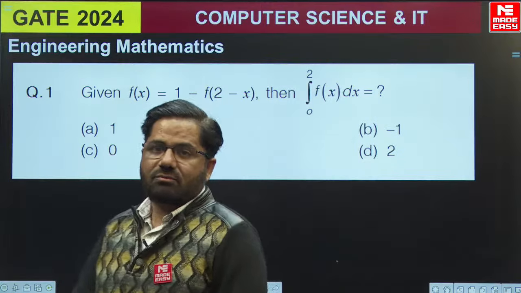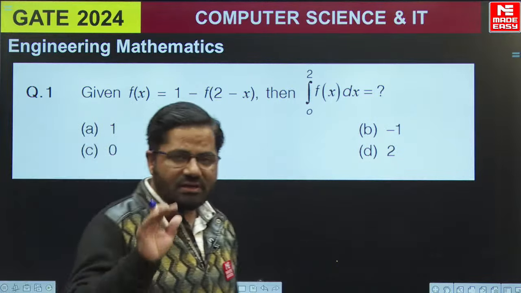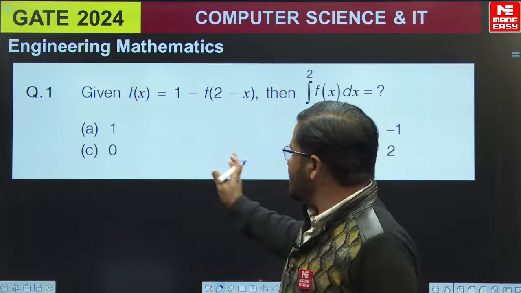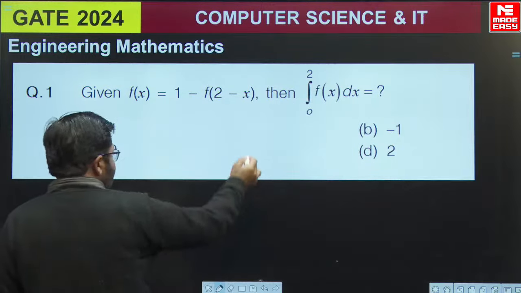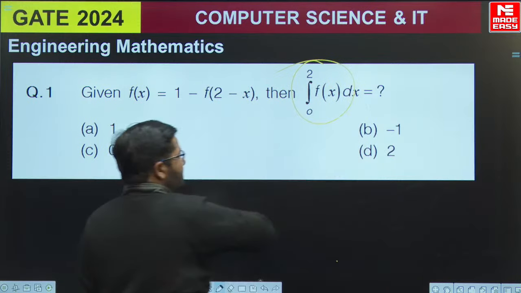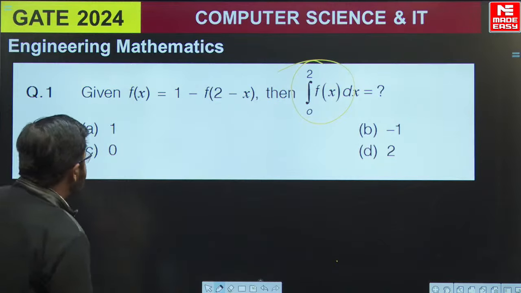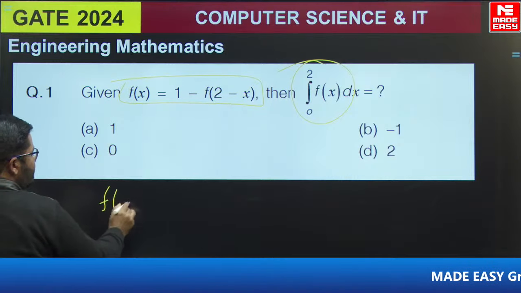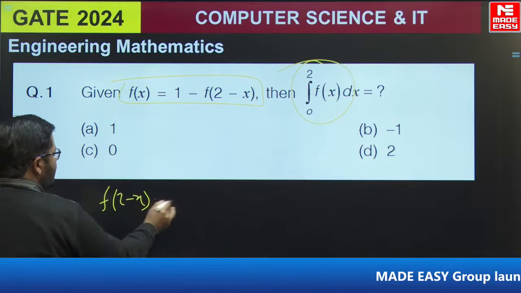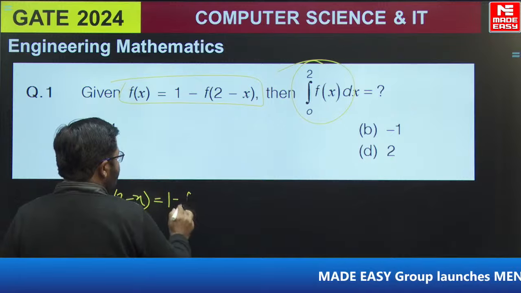हेलो स्टूडेंट्स, मैथमेटिक्स के क्वेश्चंस हमारे पास जो आए हैं वो 4 क्वेश्चंस हैं, जिनमें से पहला क्वेश्चन है ये इंटीग्रेशन का क्वेश्चन है, सिंपल इंटीग्रेशन। बेटा, it is a question based on property of definite integration. They are asking the value of integral 0 से 2 f(x) dx, जबकि एक फंक्शन दिया है f(x) equals to 1 minus something. तो यहाँ पे अगर मैं आपसे पूछूँ f(2 minus x) will be equals to 1 minus f(x),